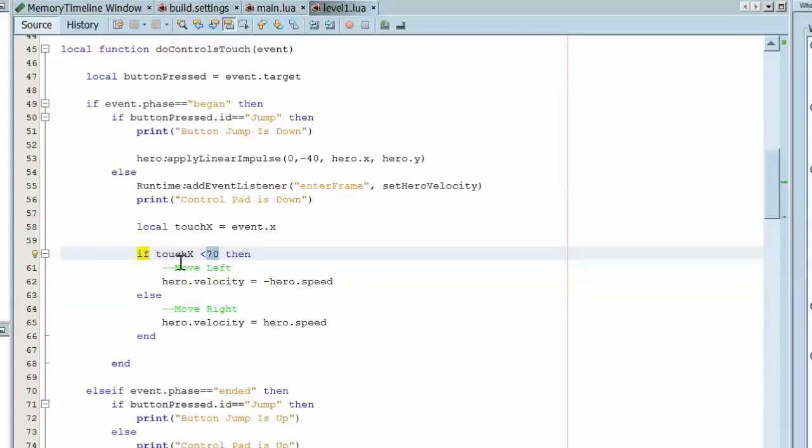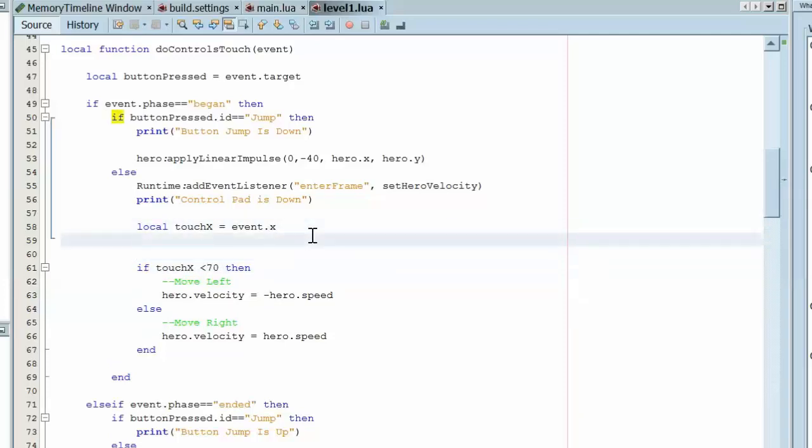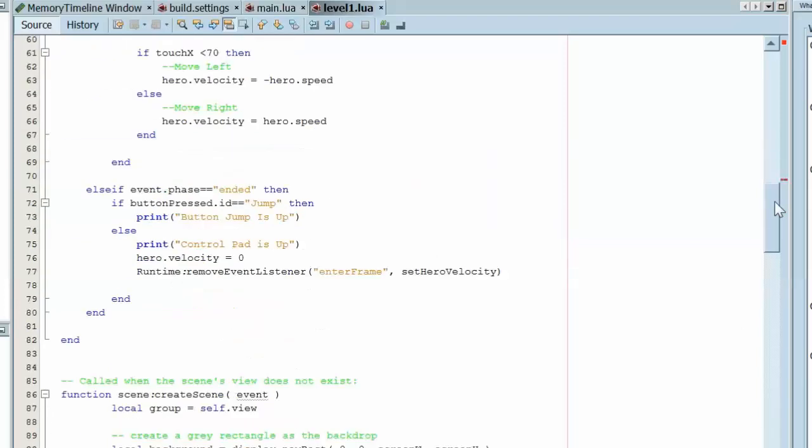So there is a way around that, and what we're going to do is, instead of 70, base it off of the current position and the width. So let's do that exactly. Let's say local middle of control pad equals controls dot,